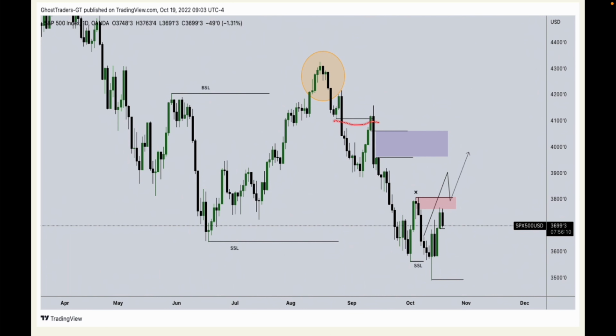So you can enter here and your stop loss is going to be above this high here, and then you're going to be targeting this sell side liquidity here. So price pushes down to this sell side liquidity. You can see that after that happened, we didn't have much of a push down, so we didn't get a lot of liquidity on the downside. Instead, price just took out this sell side liquidity